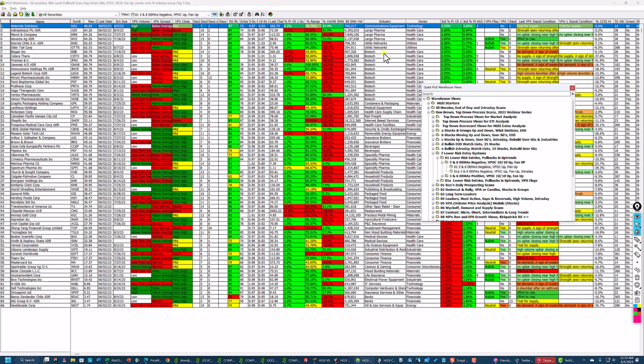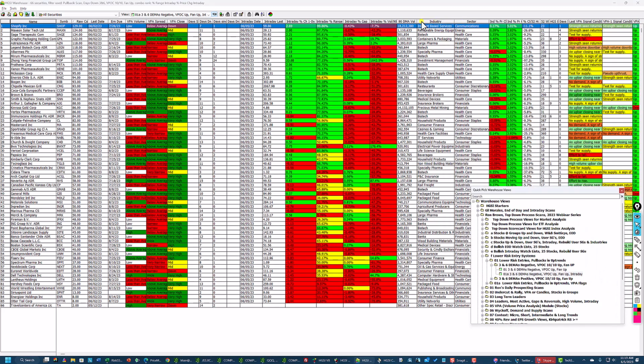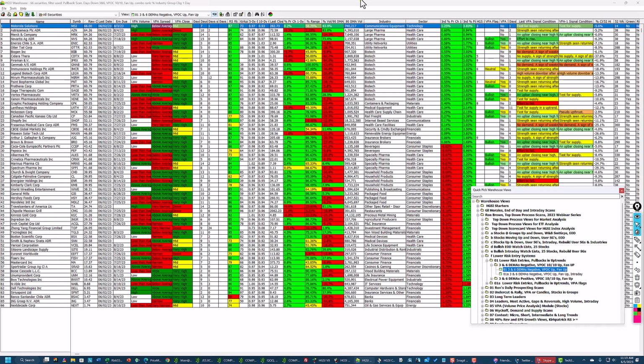I wanted to see how many are in each group that are potentially setting up to go. And then this is the intraday sort, which uses the percent range and the intraday percent price change. If I go back to the end of day,